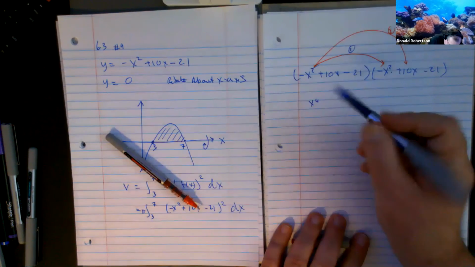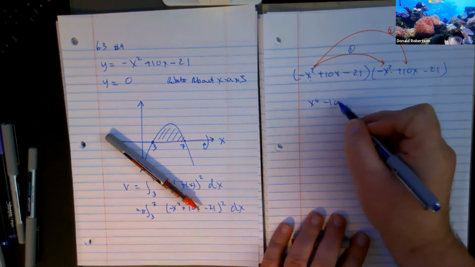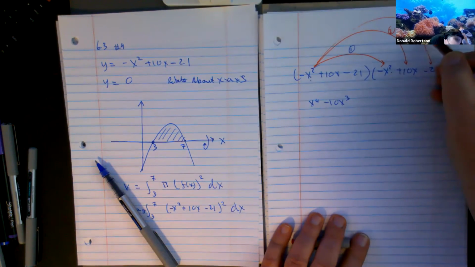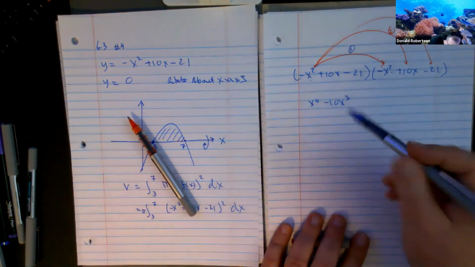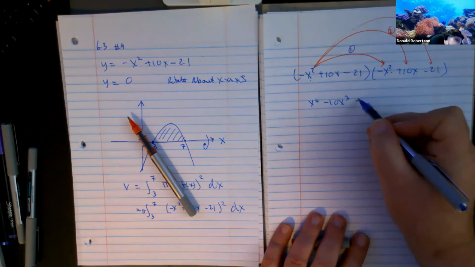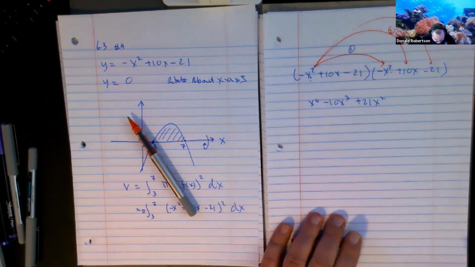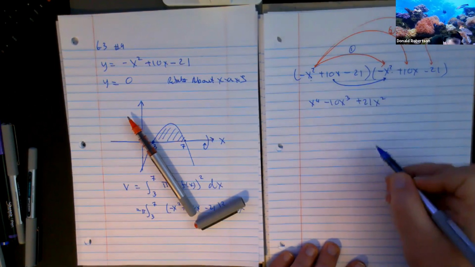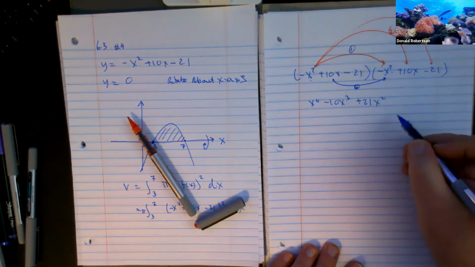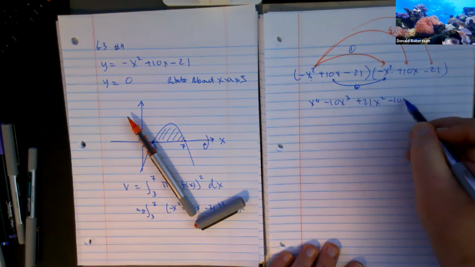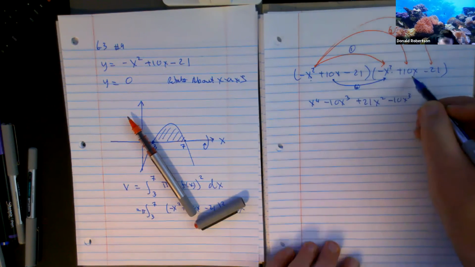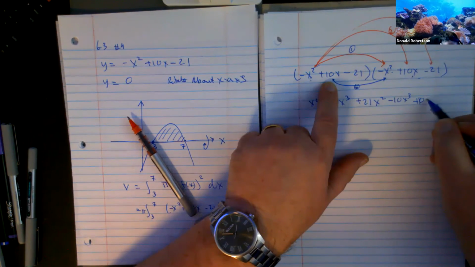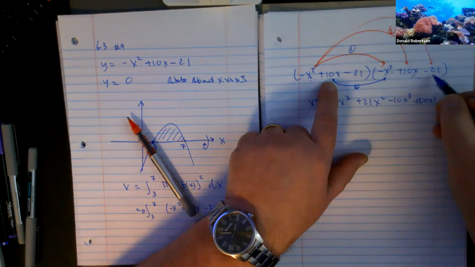You get negative x squared times that is negative 10x cubed. And number 1 times this guy gets you 3. And negative x squared times that gets you plus 21x squared. And then you start with this guy and you go, that guy times that guy, I guess we call him number 4. And that's going to be negative 10x cubed. And the pictures are getting messy. So that guy times that guy is 100x squared. And that guy times that guy is negative